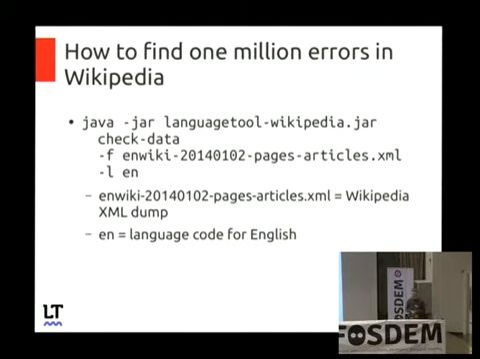And then it takes 3 parameters. Check data means check an XML dump from Wikipedia, and then you specify the path to that XML dump, which is several gigabytes in size. And you specify EN, which is just a language code for English. And then it will start,